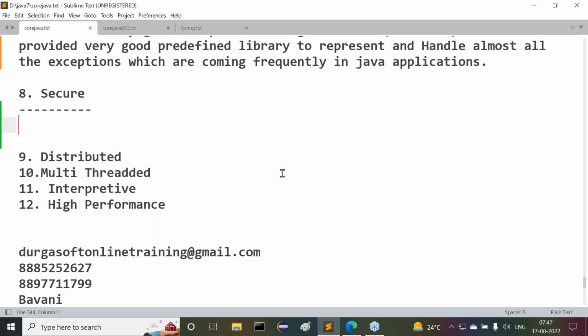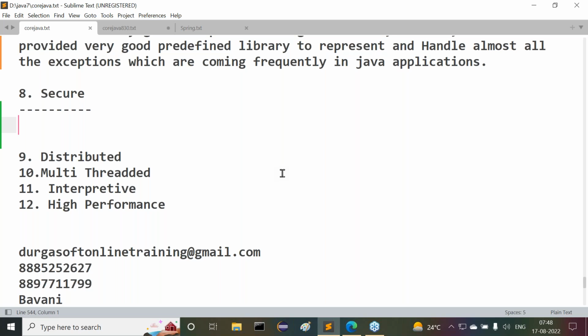It might be available in the form of different symbols. You don't know what exactly those symbols are. You're unable to decode it, to decrypt it. So in that way, I want to have some data. Whenever the data is transferred over the network, if you provide security for the data, then that type of security is nothing but network security. Now here also, Java has provided